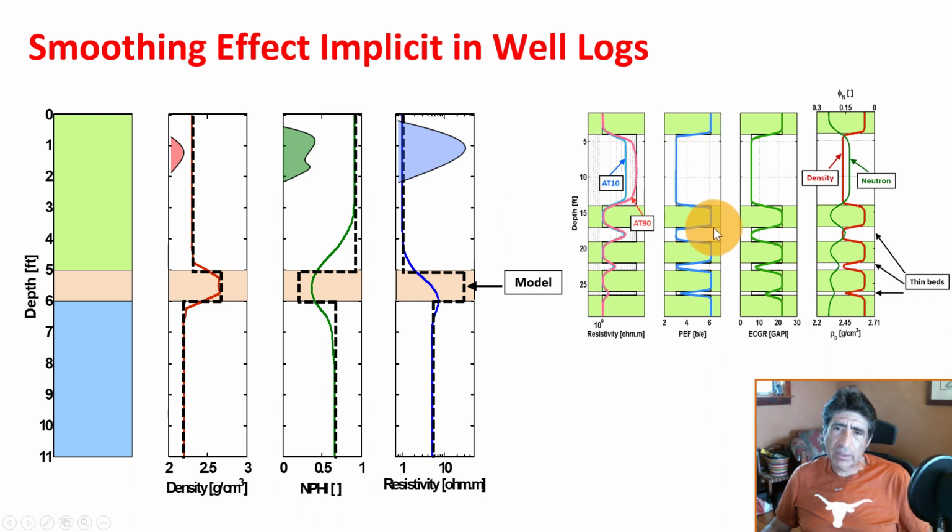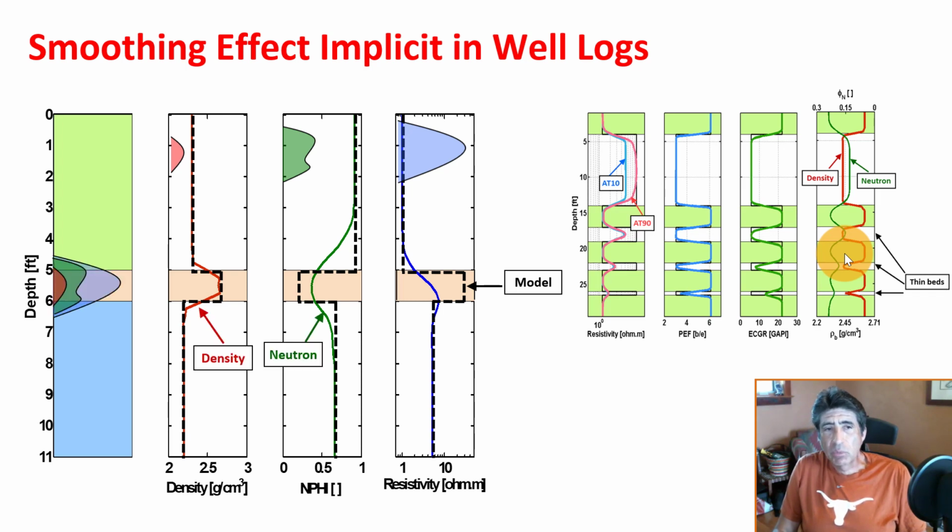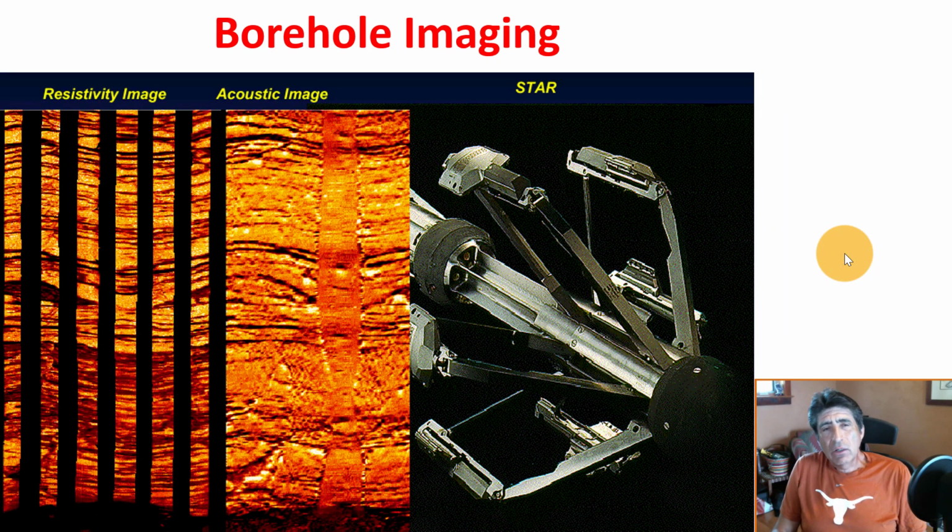Some logs, like the photoelectric factor log, will be only minorly affected by this smoothing effect, but the resistivity log will be severely affected by this smoothing effect, and same with the differences between neutron and density. So it's important to recognize this effect when one goes and compares well logs and core data. Important. And of course, there are other measurements such as borehole images that provide very high resolution images